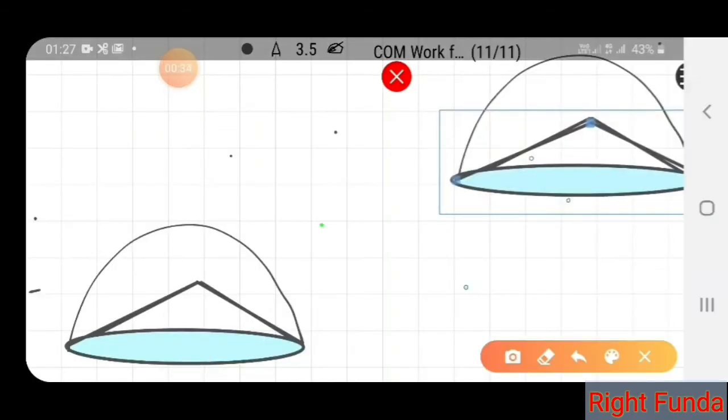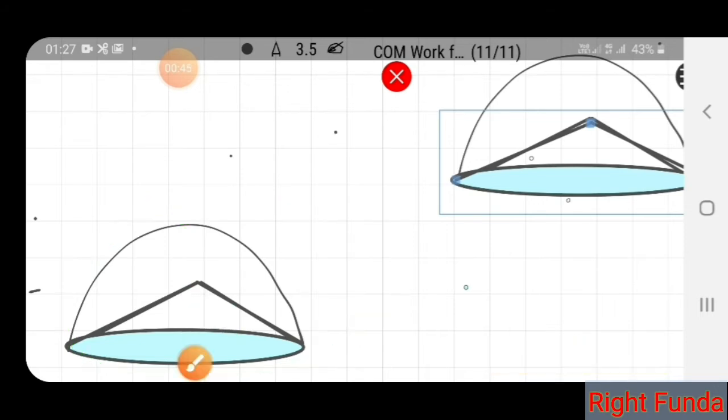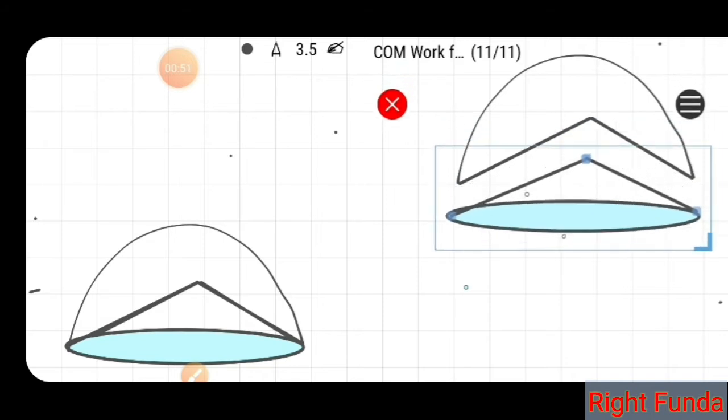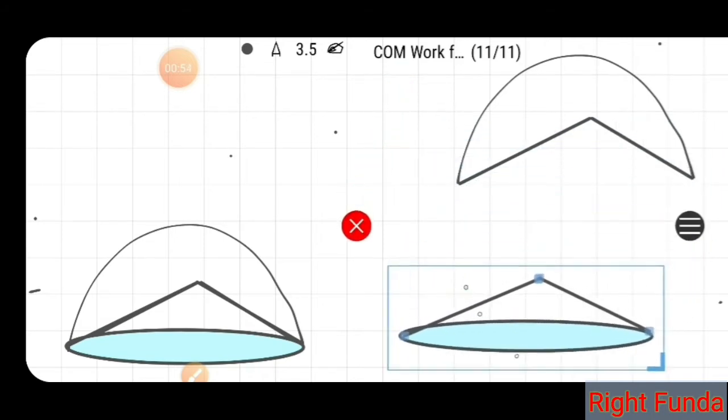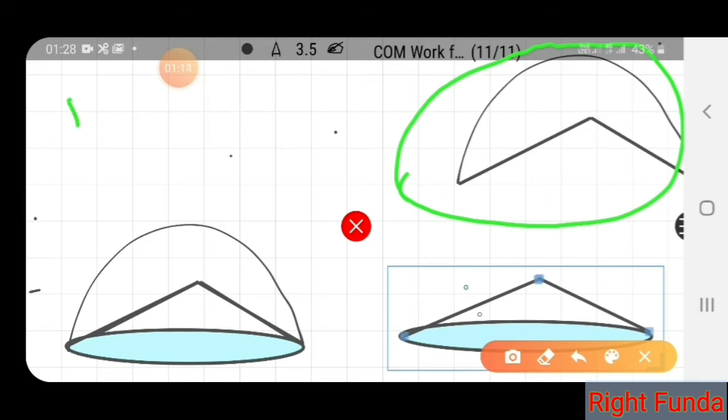See, this was our hemisphere, the whole hemisphere was there. The radius was r, and from this, with r by 2 radius, we try to scoop out a portion. From this hemisphere we have scooped out some portion, the cone has been scooped out. Now we need to calculate the center of mass of this remaining structure. We'll see how this remaining structure has been formed. The remaining structure has been formed from the whole hemisphere.